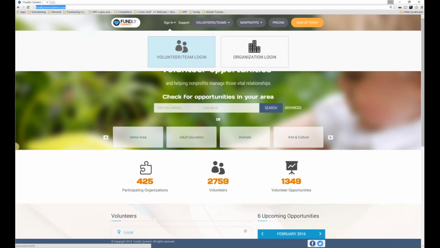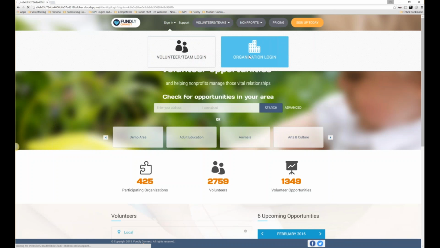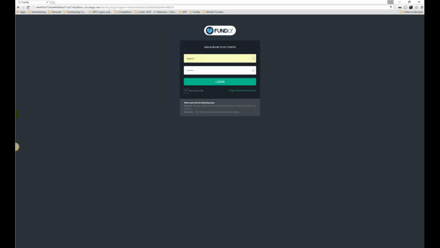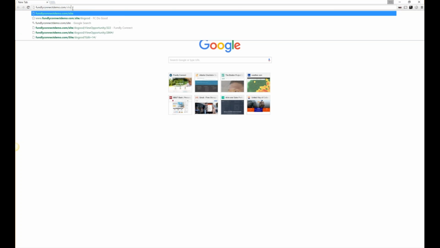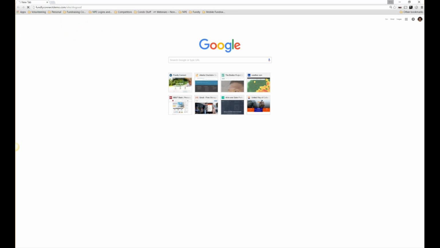Okay, so I'm going to go ahead and flip screens here and open up my version of FundlyConnect, and the first thing I'm going to do is log in as an organization. Directly from the FundlyConnect.com website, you have your sign-in screen where you either sign in as a volunteer or as a team, or sign in as an organization. So this is one way of accessing your login from that page. Another way, which I believe is the way that most people will access your page, is through your actual portal. So right now I'm navigating to a sample organization that has a public portal,